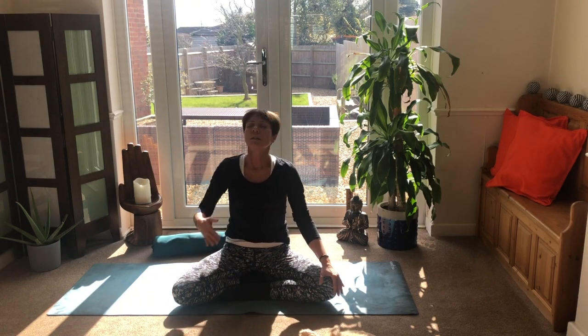So we're stacking the shoulders over the hips, nice and parallel to the floor. And the top of the head wants to feel like it's being pulled up towards the sky. We're going to take a moment to start to incorporate some shoulder rolls. So we're taking the shoulders up towards the ears, then pushing them backwards. So you're drawing the shoulder blades together and then down. Really big,